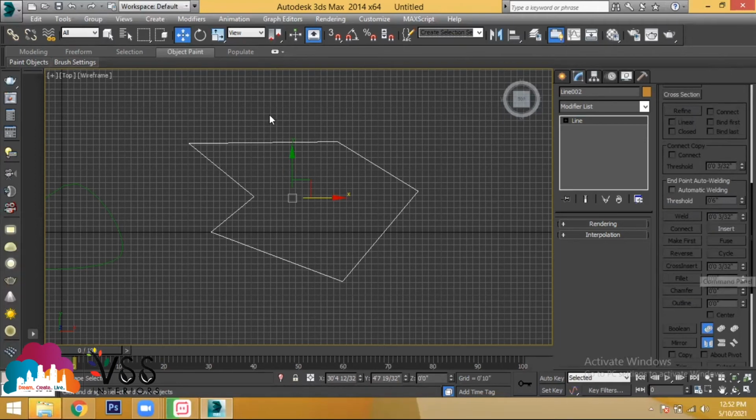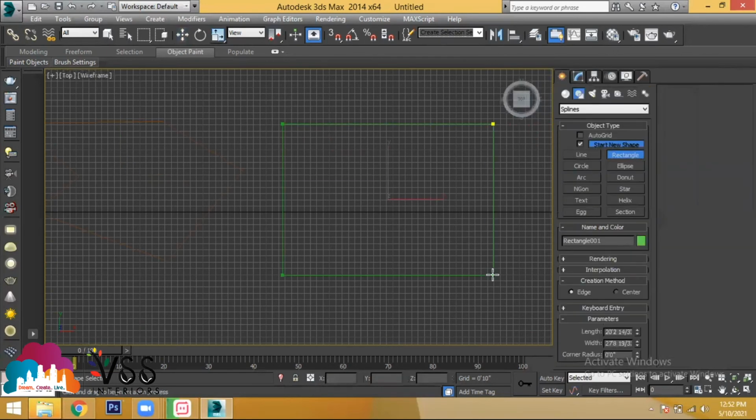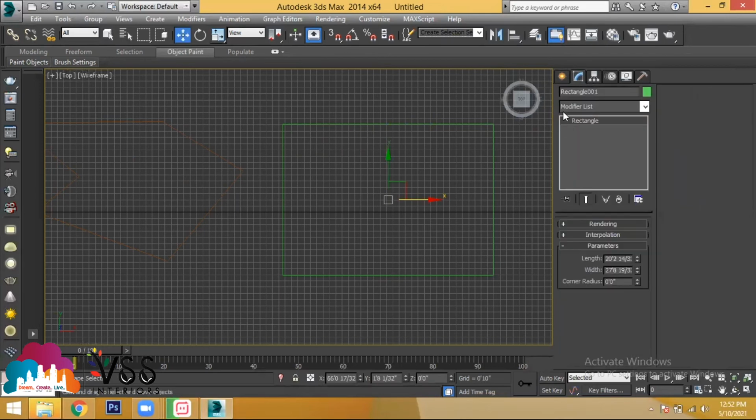So when you see here, you have created a line, and when you go over the modify option, it is showing you the tool called line. And can you see some extra option, that is plus? But in the other tools, you will not find this option. Let's go with a rectangle. Let's say I'm creating a rectangle. Draw a rectangle here. Go to modify. Are you able to see the plus option here? No, sir.